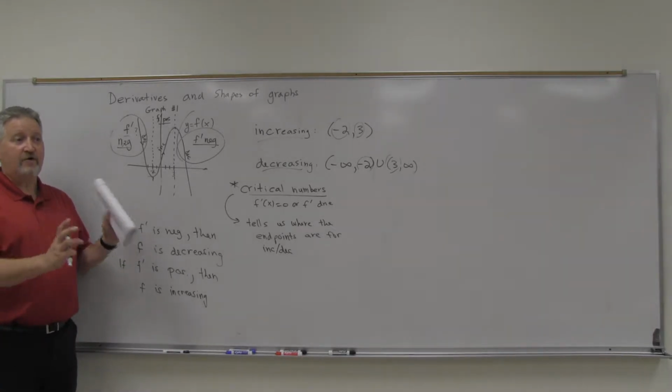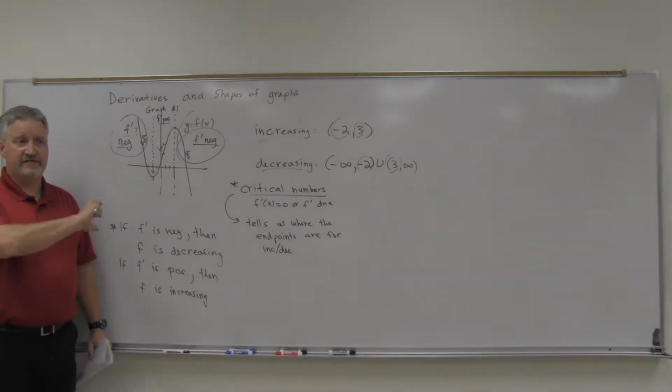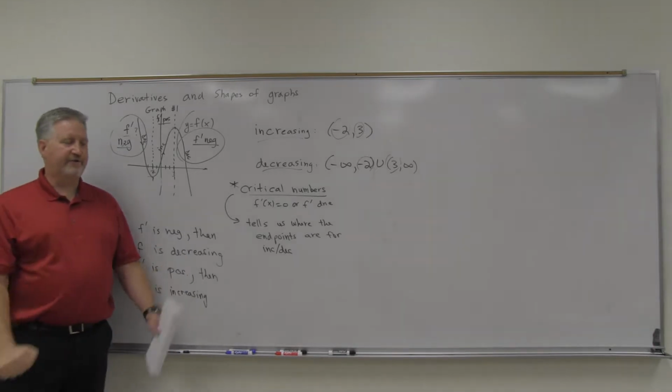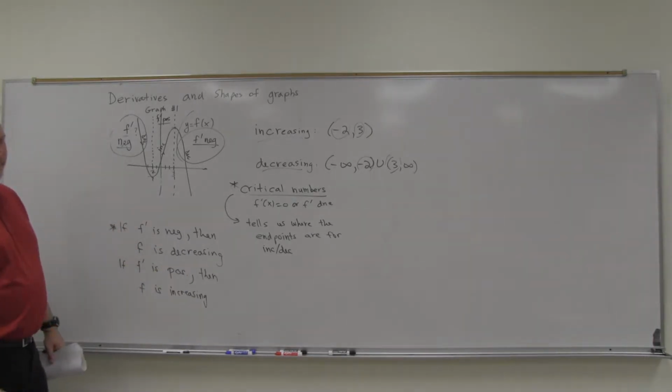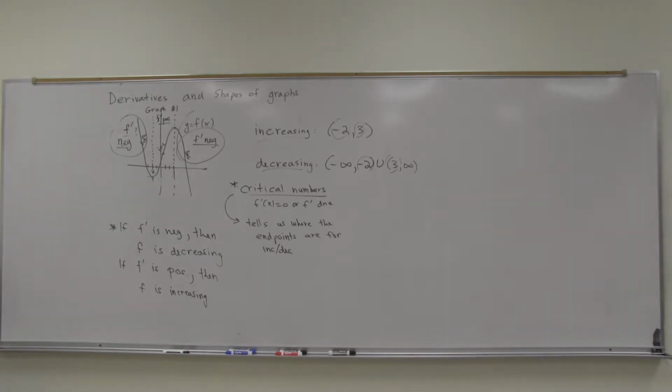We're going to use that when we don't have the graph or we're not looking at the graph to tell us these things, okay? And then we'll also do some other things with that. Pretty much the same information. All right? So with that in mind then, let's take a look at